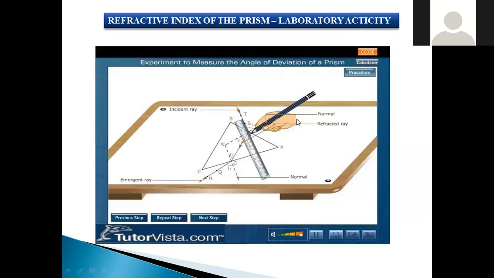So this is a laboratory activity. You are going to take the prism and keep the prism on the cardboard. When you keep the prism on the cardboard, you have to mark the points A, B, C, and make a 30 degrees angle upon that. After marking the 30 degrees angle, indicate 2 points on that. One is the A point, second is the B point, and this is entering into the prism, that is the point of incidence. This is known as the point of incidence.